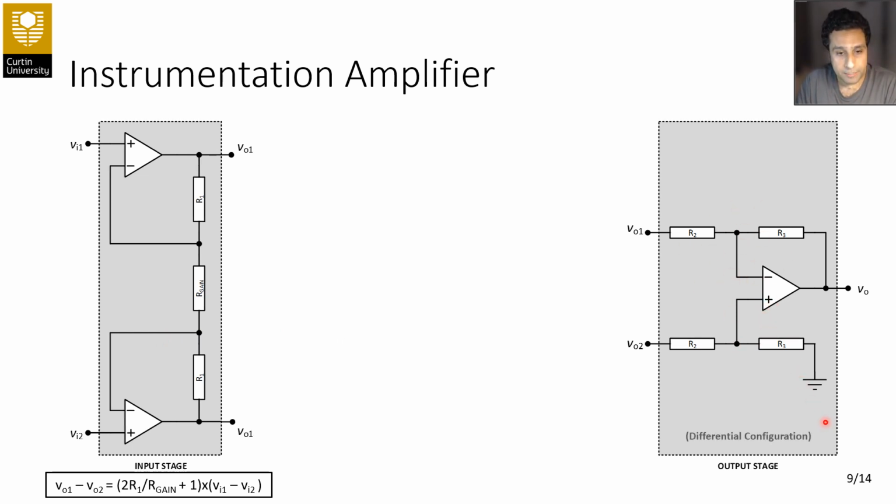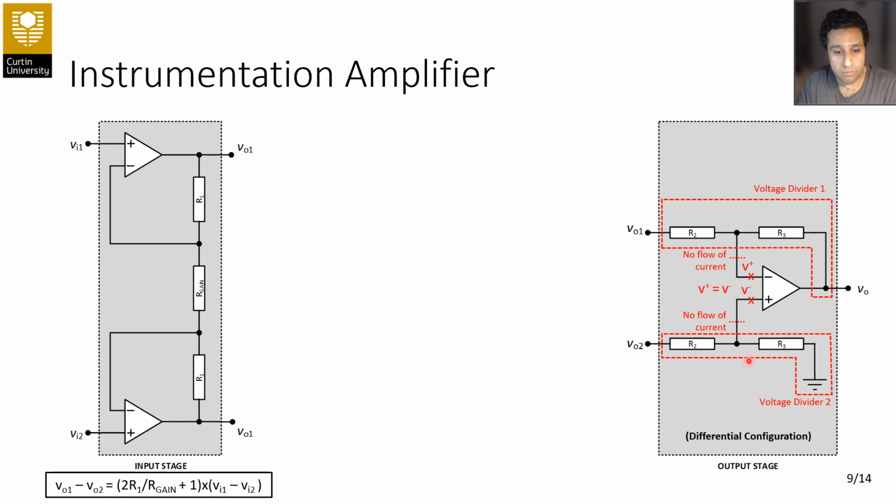In the second stage, you can see we have the blockage of current and the equality between the voltages, and that gives us 2 voltage dividers, on the top as voltage divider 1 and voltage divider 2 at the bottom. So for voltage divider 1, we have a flow of current IO1 prime here, which is equal to VO1 minus V plus over R2, and we have IO1 double prime, which is equal to V plus minus VO over R3. So this is the flow of current like this here, and we know that there is no flow of current here, therefore IO1 prime is equal to